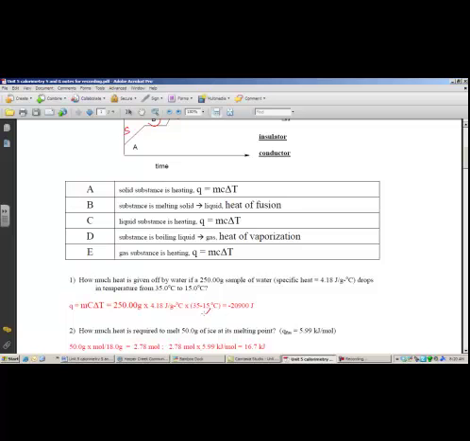I actually have these two reversed. It should be T final minus T initial. Looking at the next item,